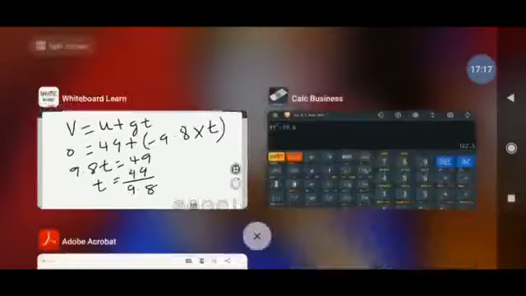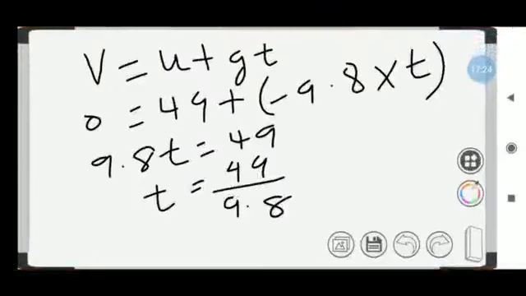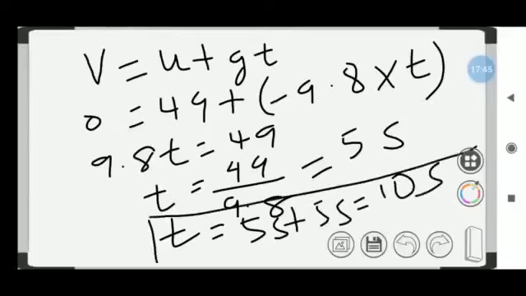So 49 divided by 9.8 is 5. That means t equal to 5 seconds. When it reaches the maximum height, it takes 5 seconds. The total time, if you throw the stone and it comes back, is t equal to 5 second plus 5 second, that is equal to 10 second. So this is the answer, t equal to 10 second. That means when it goes up and down, the total